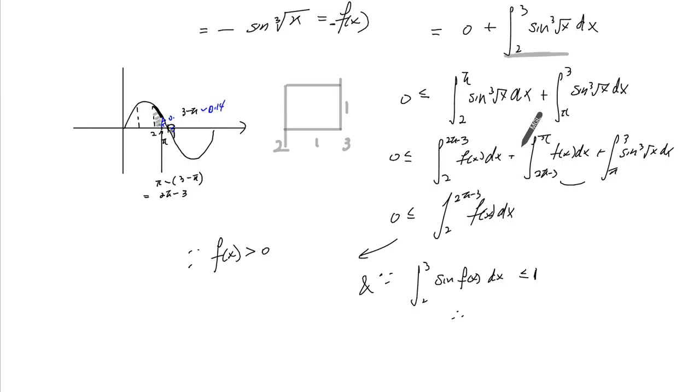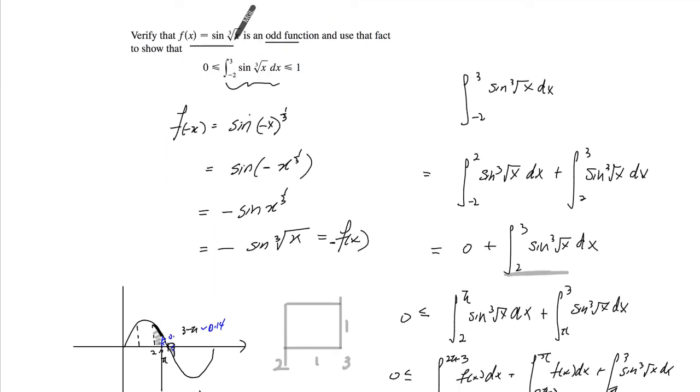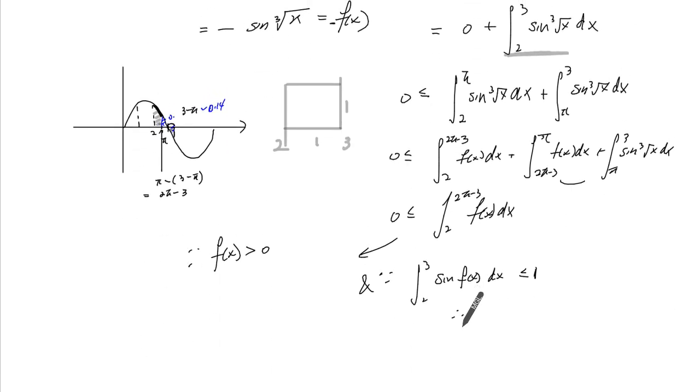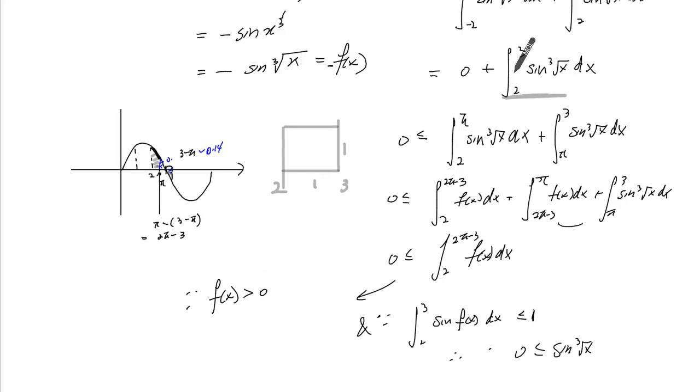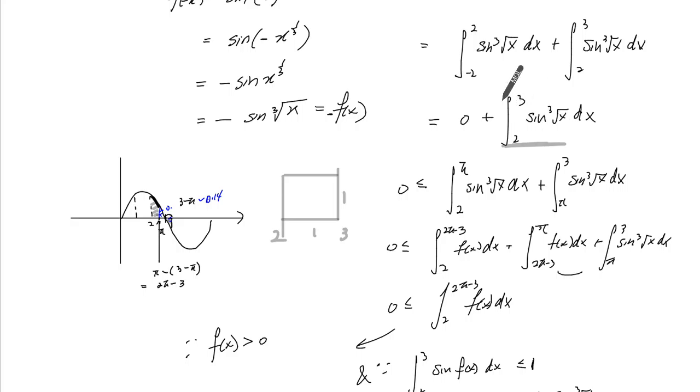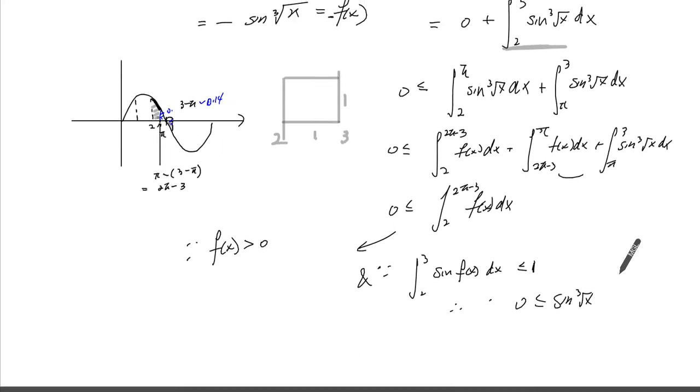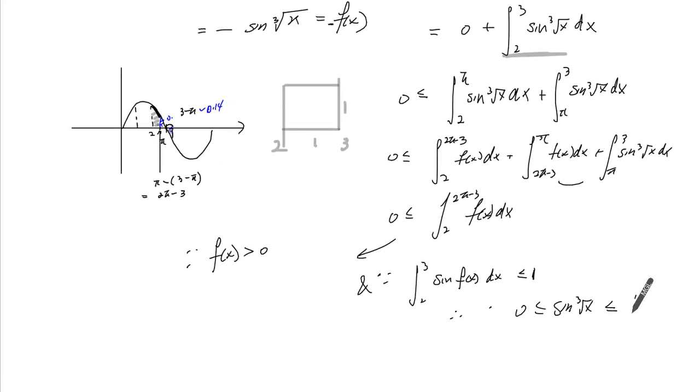Right? And that's why. So we can say since 2 to 3 for sine of really any function is less than or equal to 1. And therefore, we can say this original expression here, okay, sine of